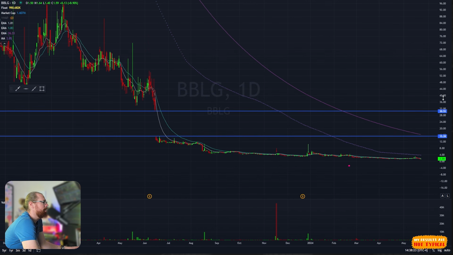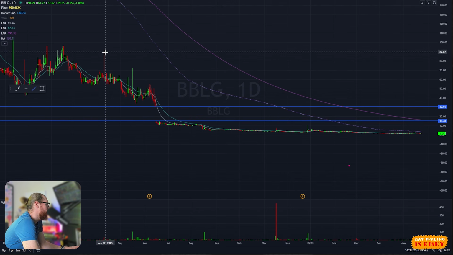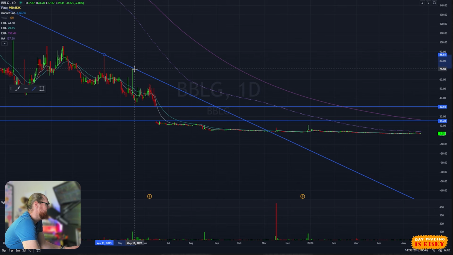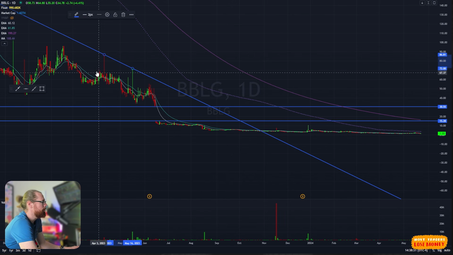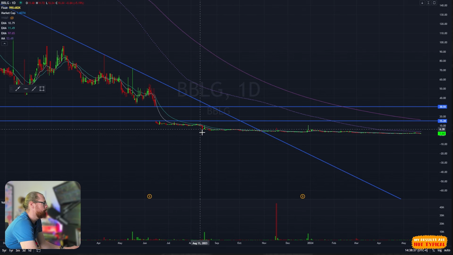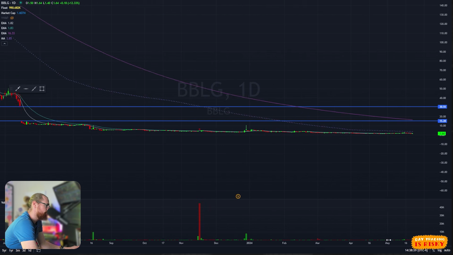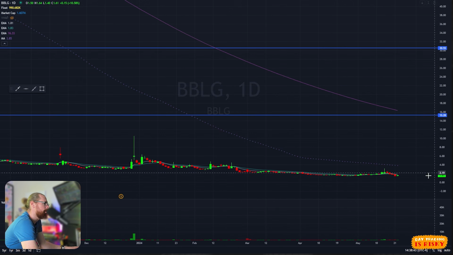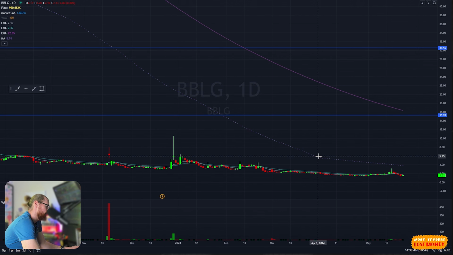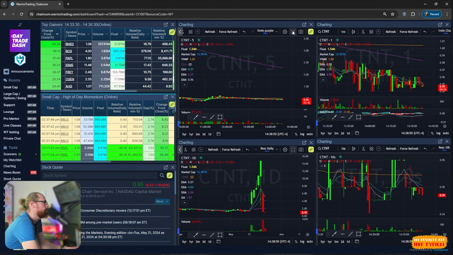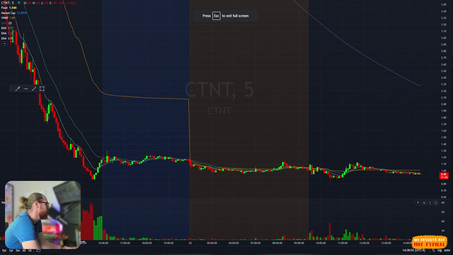I don't think very many people on this would try to draw a support resistance line, trend line, in this kind of area. I think this would be probably too obscure. It's only 2 candles. The stock has gone through reverse splits. It's really not very valid anymore. It's always worth taking a look at, but in that case, it's probably not a line that's going to work. So if we go back to CTNT on the intraday,